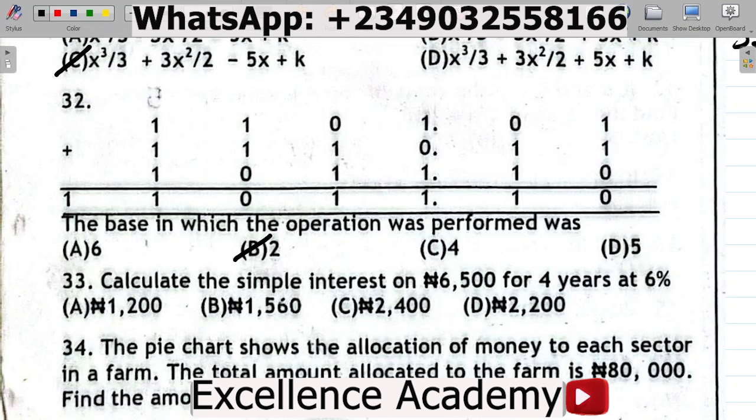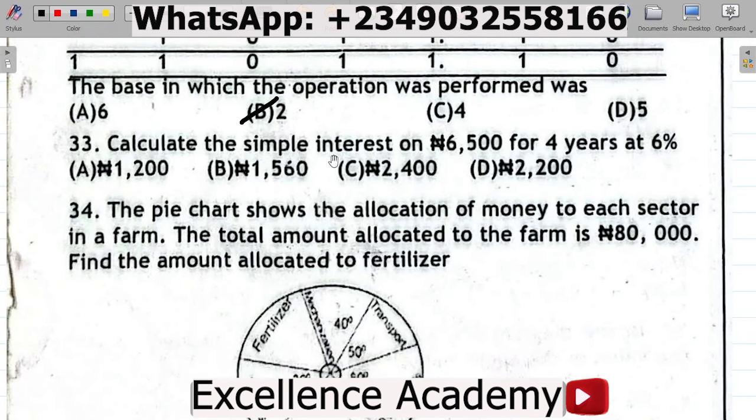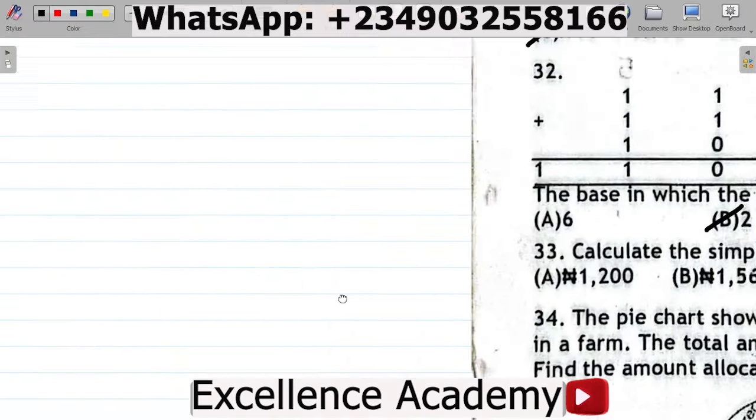Okay, next up, question number 33. The question here says, calculate the simple interest on 6,500 for 4 years at 6%. A, 1,200, B, 1,560, C, 2,400, D, 2,200. So how do you solve this question? What do you do? Now for this 33,